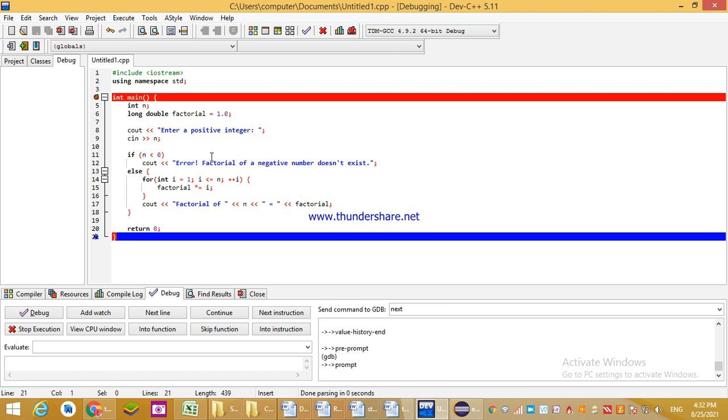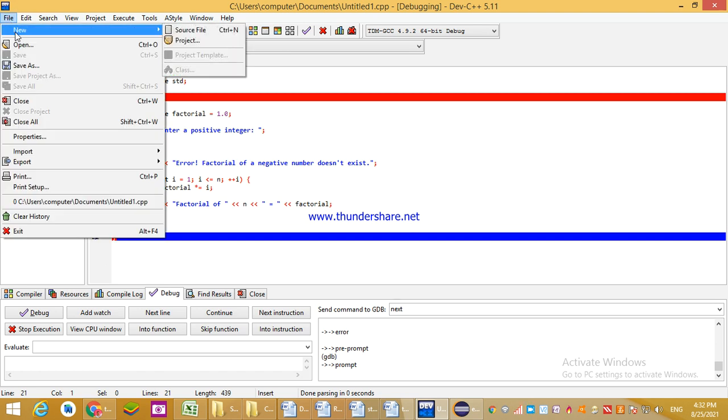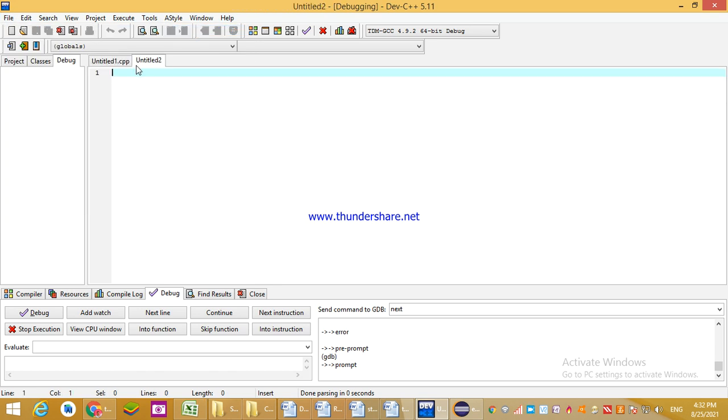In this you can see a file option. Just click on file, select new and source file, and give the name to that untitled program.